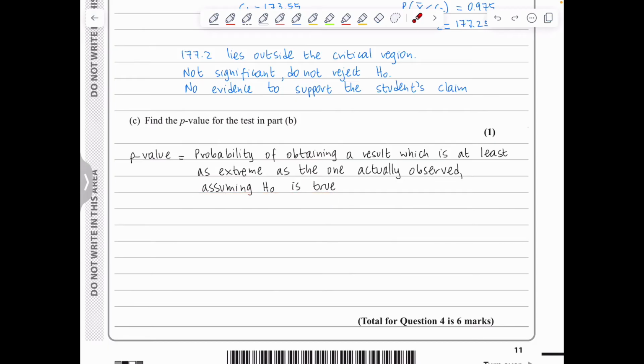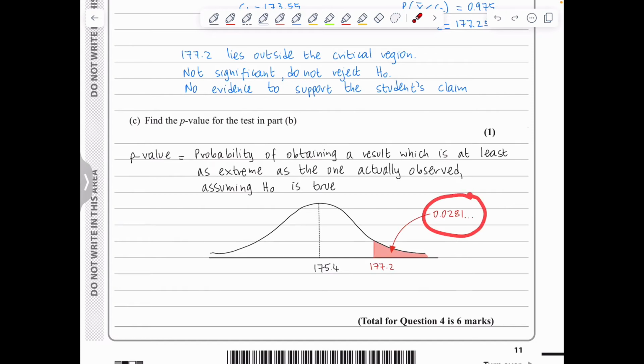So once again, I will draw my bell-shaped curve. We have seen 177.2, it's on the right hand side, and the tail has left a probability of 0.0281 towards the right tail. However, this being a two-tail test means that the extremity will be assessed by also considering the left tail. So we could have seen something extreme on the left tail, so another 0.0281 on the left tail, which means that the p-value will simply be found by multiplying the 0.0281 by 2, which gives an answer of